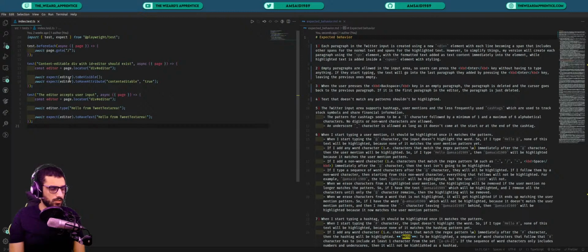So yeah, let's start thinking about how we're going to convert these behaviors into tests. Our first behavior, to be honest our first three, has to do with how the text is organized inside the tweet editor. So the idea is that when the user actually types some text,